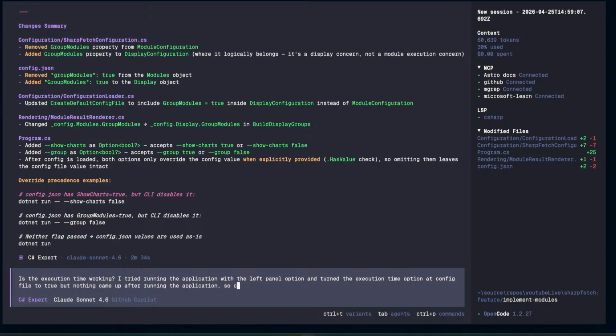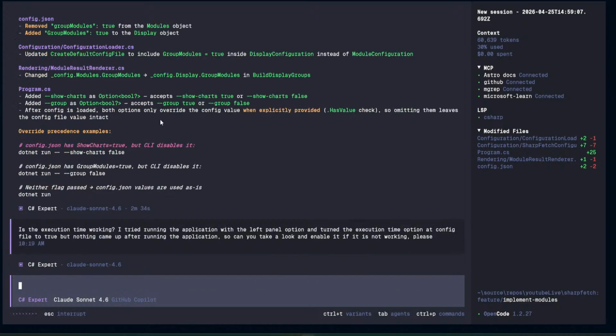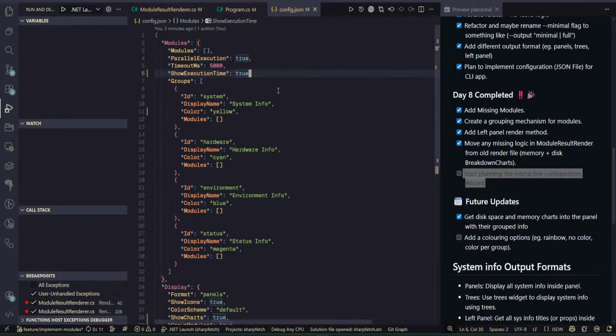So can you take a look and enable it if it is not working, please? Okay, so in the meantime that Claude is doing that work,